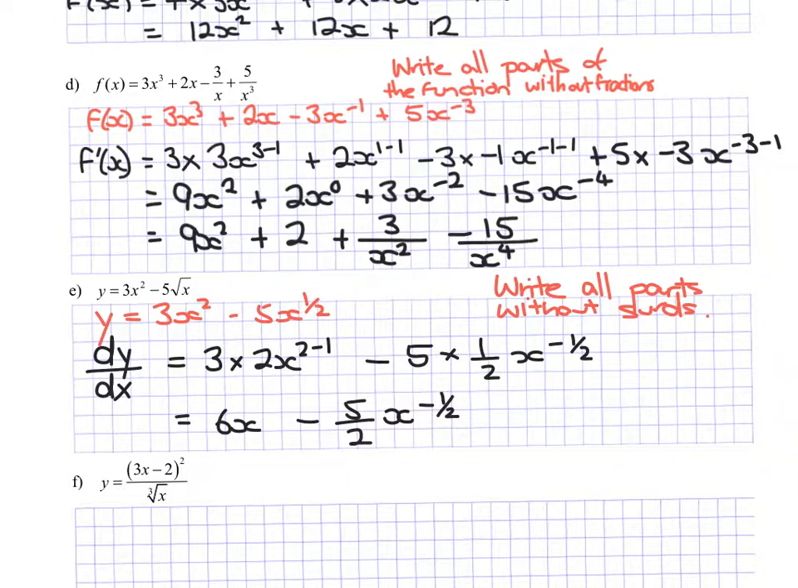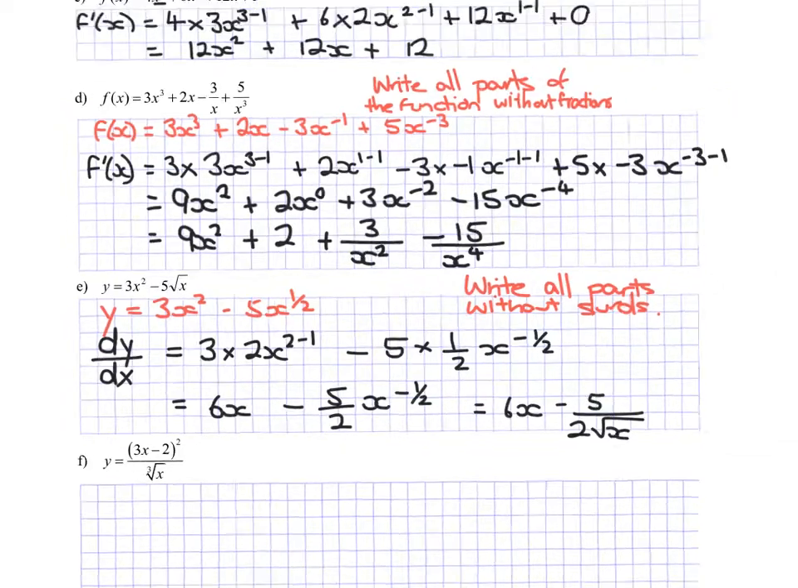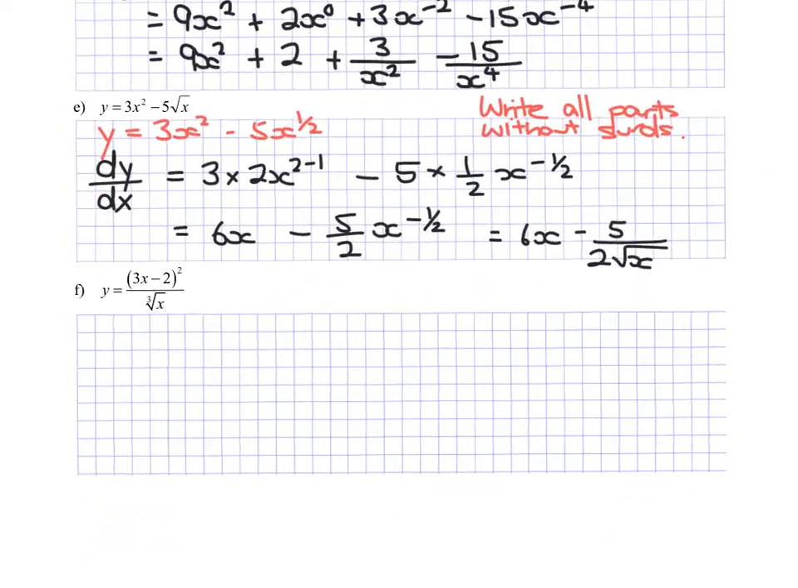Now x to the negative half is the same thing as 6x take 5 over 2 square root of x, but you wouldn't have to write it like that if you didn't want to. Remember, x to the negative half puts the x in the bottom, and the half makes it the square root. Alright, so the final one looks a little bit tricky,